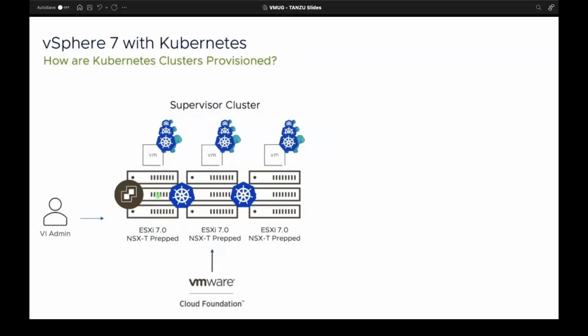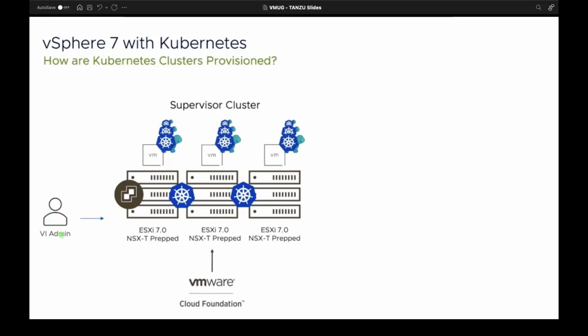What it predominantly does is it creates 3 VMs with the cluster API functionalities, and this comprises what is called the supervisor cluster. Supervisor cluster is a term that you will hear only in vSphere 7 with Kubernetes and not in TKG. On each host, it installs something called Spherelet, which is an agent that communicates with the Kubernetes APIs.